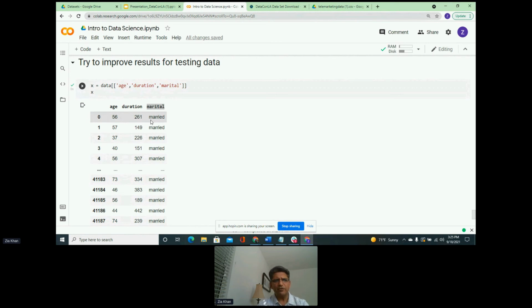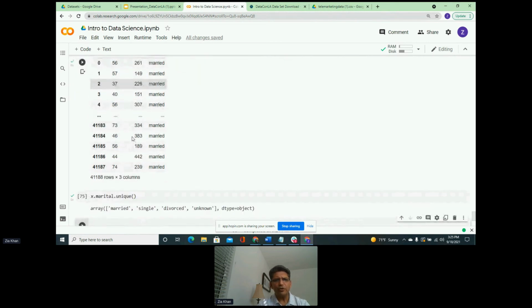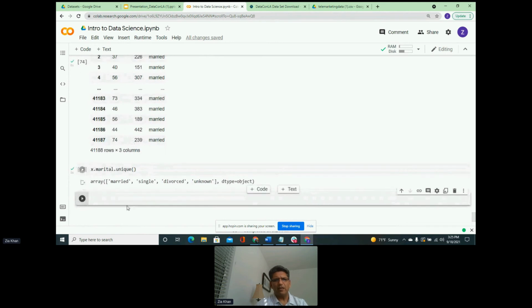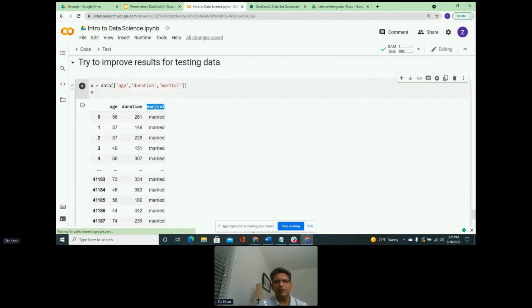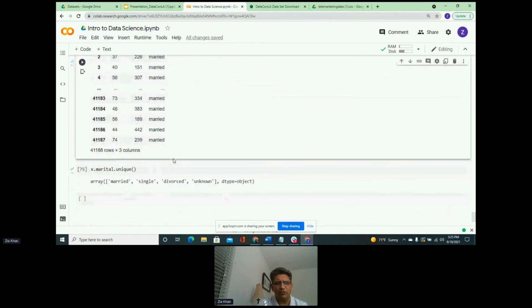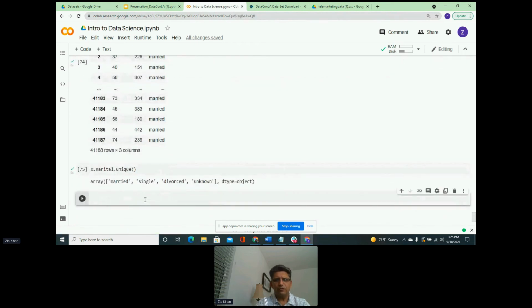Now, there are multiple ways of doing that. I am actually going to do one of the simplest ones, which is called one-hot encoding. What I'm going to do is take this marital column and convert it into 4 columns: married, single, divorced, and unknown, and just do zeros and ones for those columns. So how do we do that?